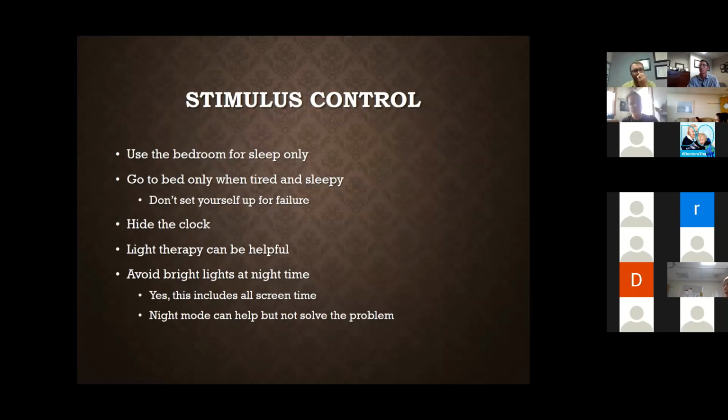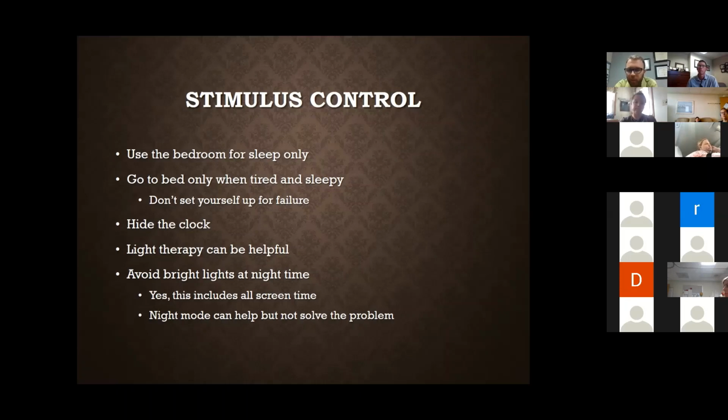And what this is basically is some classical conditioning of your bedroom. So we want the bedroom to be used for sleep only. This is something that is difficult for, especially, families. I've heard people say, well, I just can't get a moment's peace in the house. So I'll spread my bills out all over my bed and work on my payments, or do my homework on my bed because I live in a shared space with my roommates, that kind of thing. I would really try to avoid that.